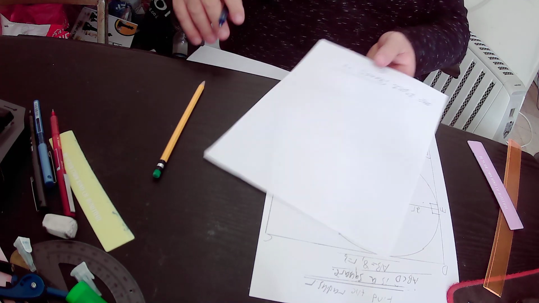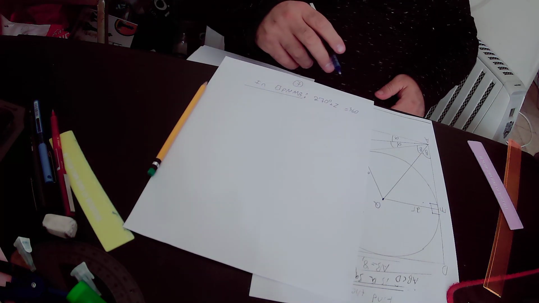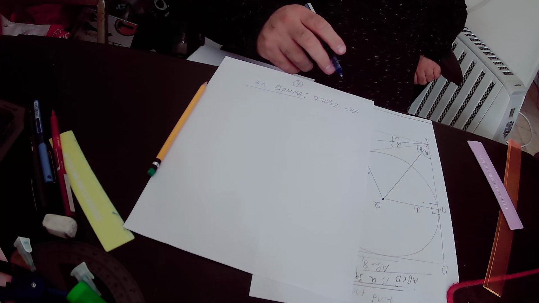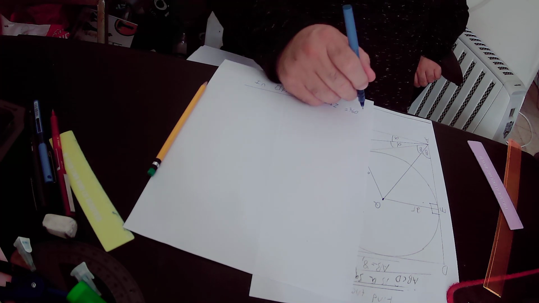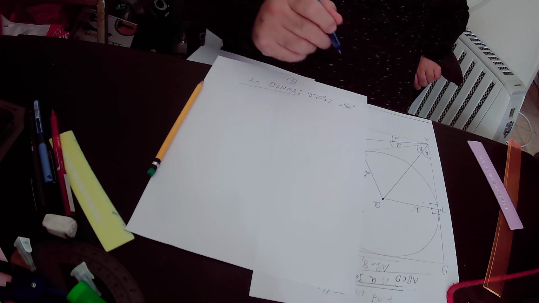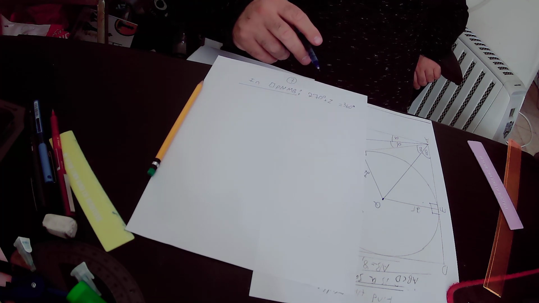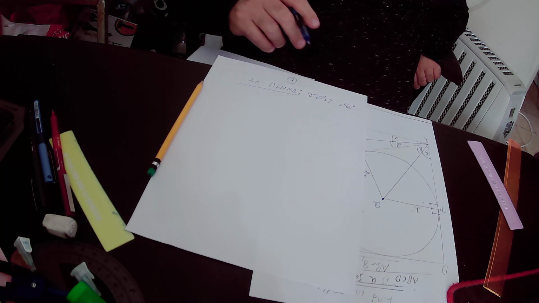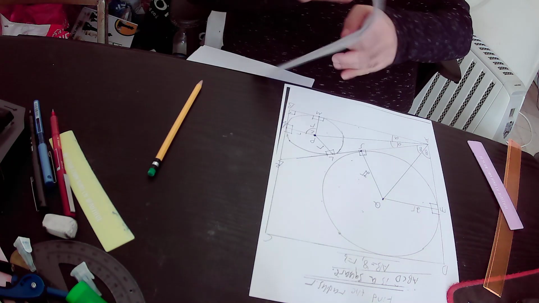Here we will subtract 270 degrees from this equality, and we will get that angle Z